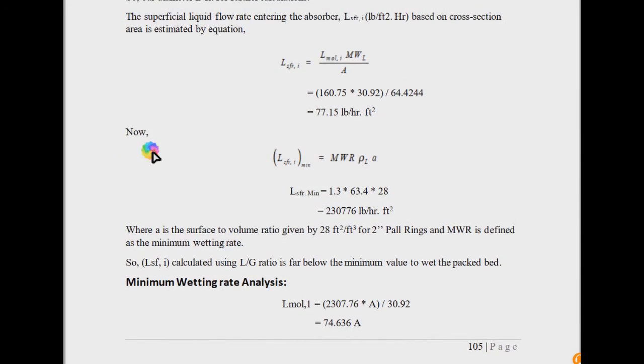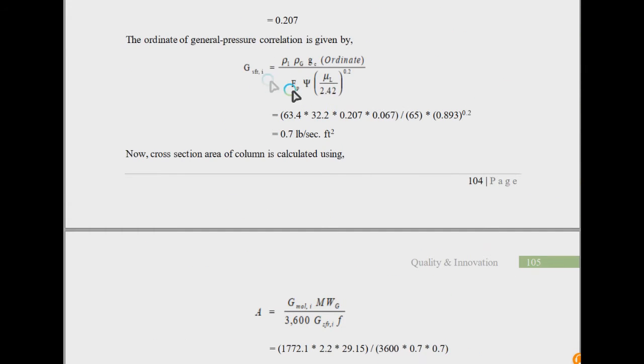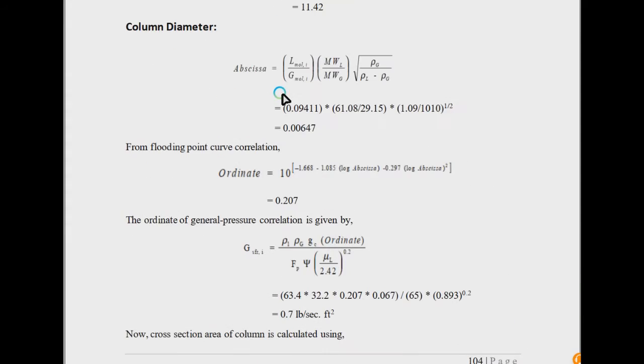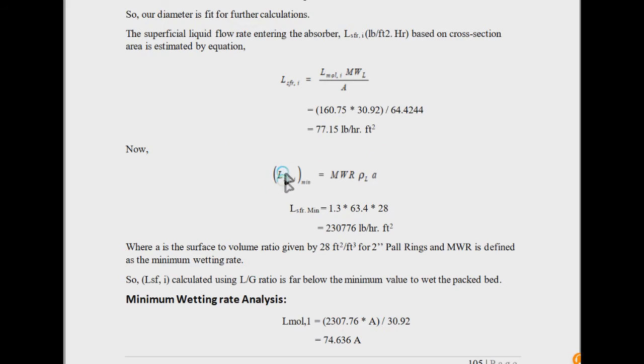But now there will be some minimum, because actually the vapor does not conclude a minimum point or effective flow rate where the flooding can happen. It does not justify here. So I have to select the basis of minimum liquid contact that is required to prevent the column from over flooding, the minimum wetting rate. The packing must be wet at minimum, so the mass transfer contact will be enhanced. If there are dry surfaces or dry patches or dead zones on the packing sites, the mass transfer will be disturbed everywhere and the column height will not be sufficient.